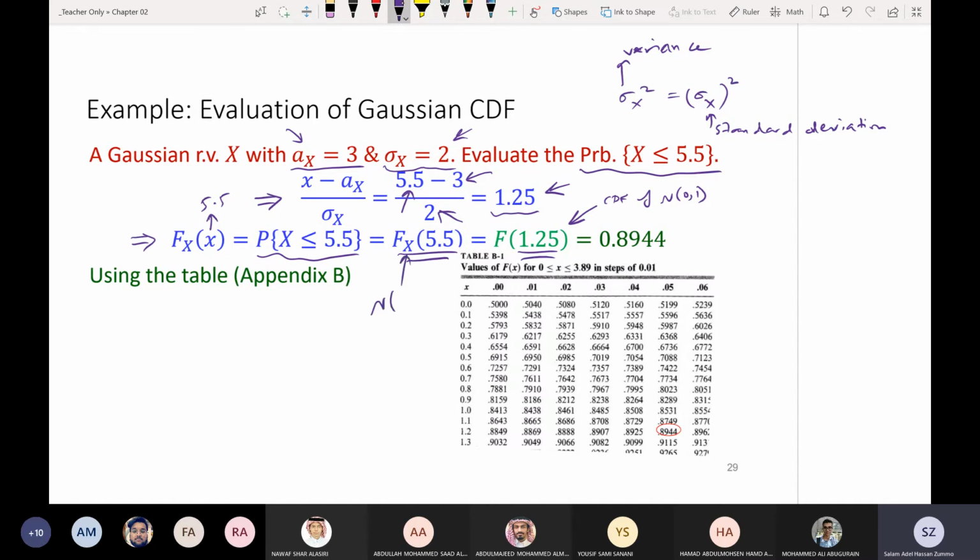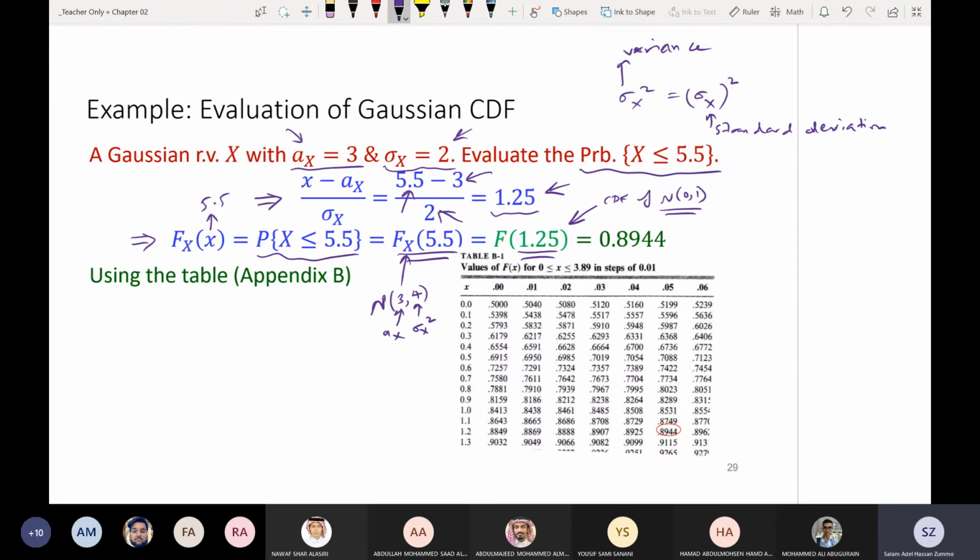x هنا عبارة عن ايش؟ Normal. What is the mean of x يا شباب? What is the average? x هذا عبارة عن ايش؟ What is the average? 3 and standard deviation of 2, so the variance of كم؟ الفارينس كم يساوي؟ 4. ممتاز. So this is mu x and this is sigma x squared. So x here is this distribution, normal distribution with كذا. F here is the CDF of the normal with zero mean and variance 1. So now Fx of 5.5 equals F of 1.25.